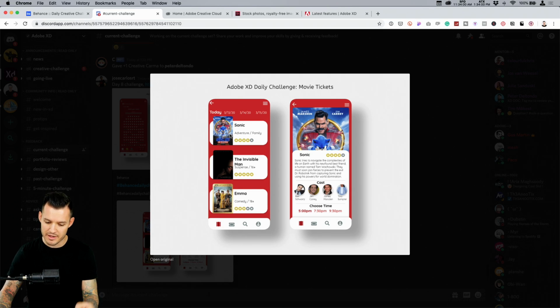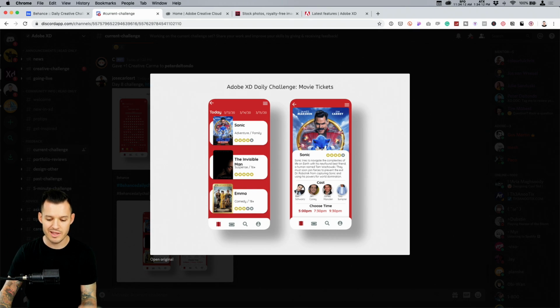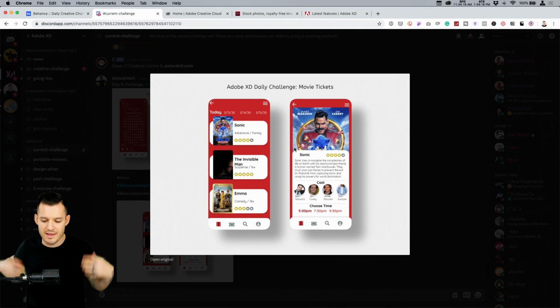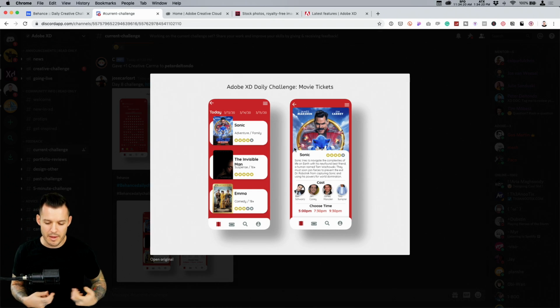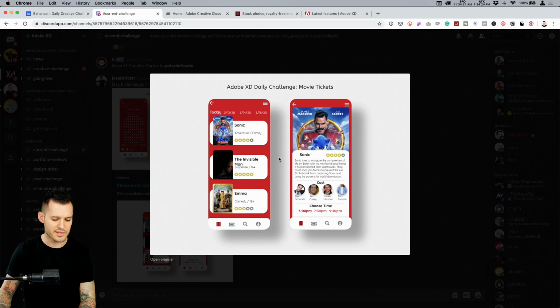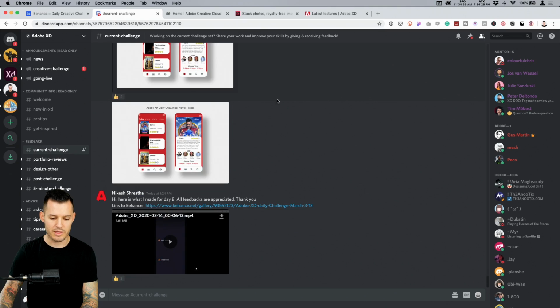I'm always a big fan of dimensionality. Here's our little movie posters popping out. I should have done that yesterday too, represented the movie posters, actual movie poster kind of like portrait style, and then zipping into the thing. The only thing I would say is I'd like to see this expand and be full screen. I feel like it looks like an app inside of an app, so we want to maybe think about that. But really, I love all the information, the content, using some repeat grid, probably some really fun animation going back and forth between those two screens.